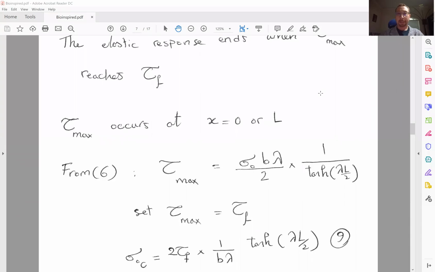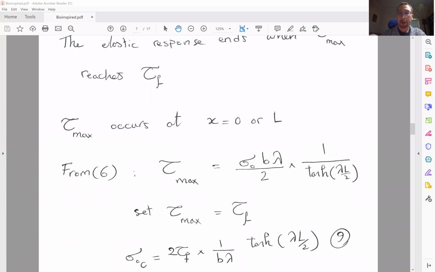So let's continue. Let me bring back the PDF file. So basically, we calculated the elastic modulus. Now we want to do probably an even more important calculation here. And so this first part of the calculation is very similar to the calculations we did